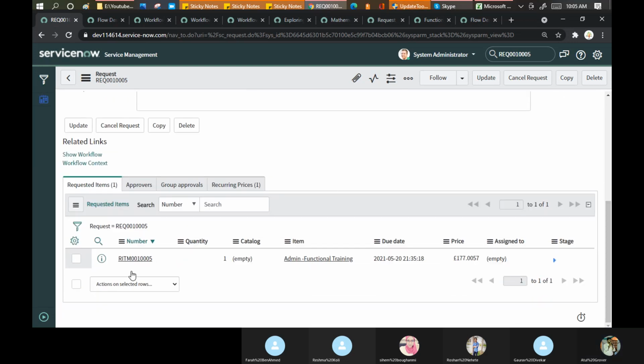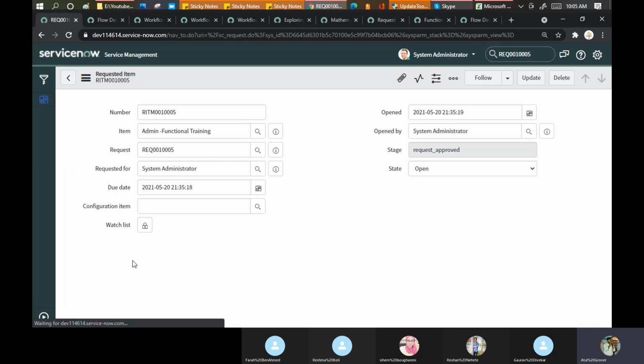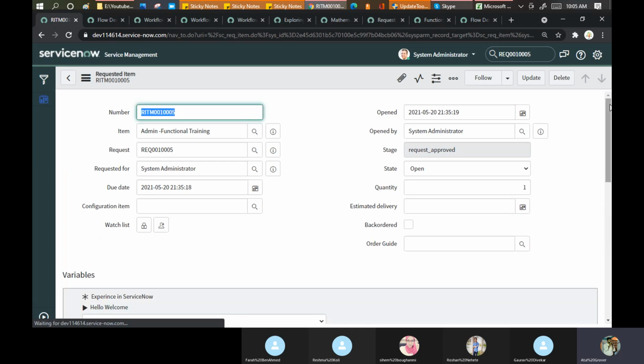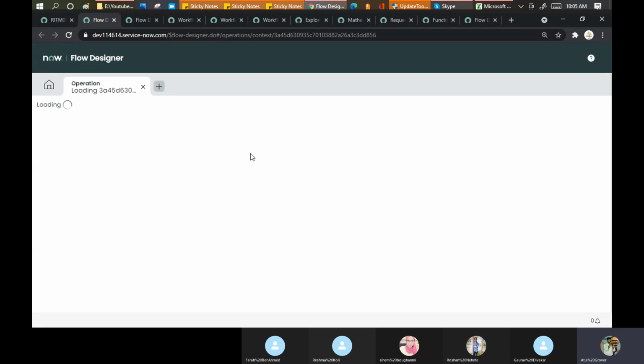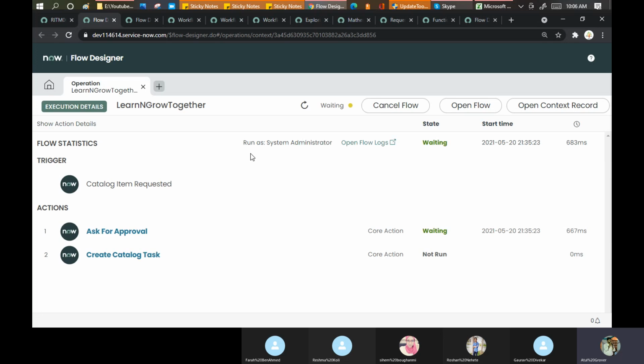Go to the RITM level. Why? Because we set up the flow on the RITM level. Now, if you click on the flow context, you can see the running flow as well, where we are. That is the best part of this particular flow because you can see the errors as well at runtime quickly. Okay, so I am on this place now.